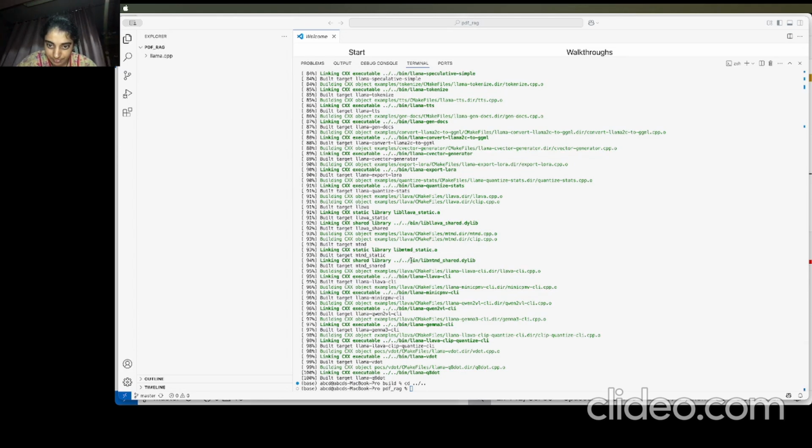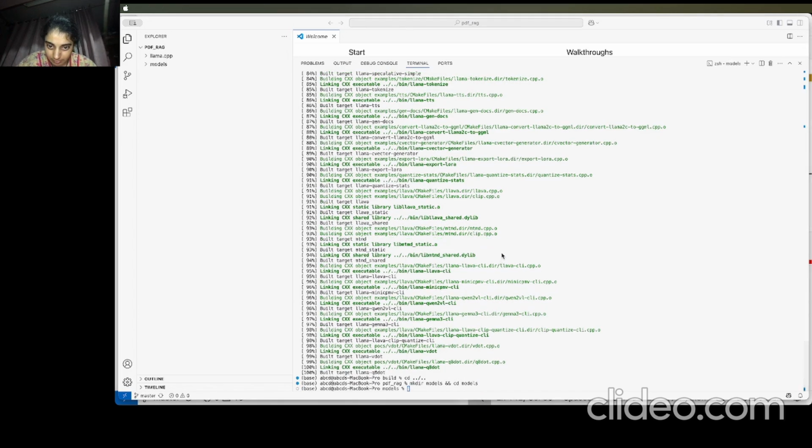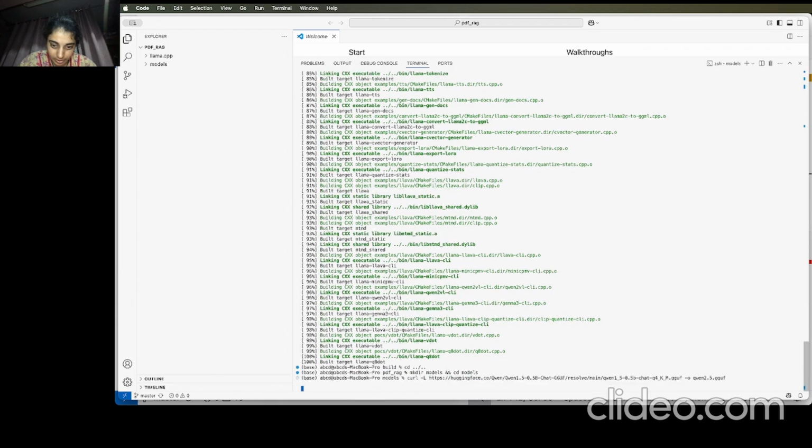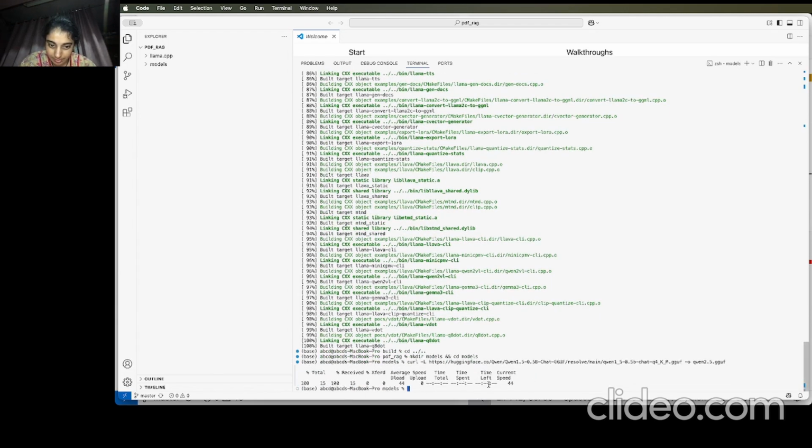our main folder. Here we will create a working directory. So now we have the models folder that is created, and we will go and download the Qwen 2.5 0.5 billion model. So hopefully it will happen. So we have downloaded it. Okay, so now what we will do is